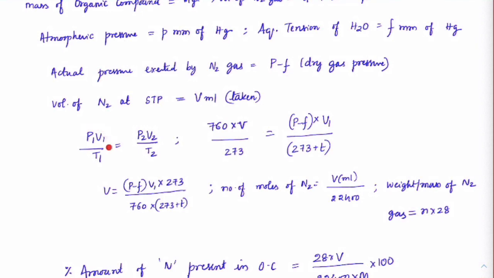Why we are standardizing with STP is just to ensure that the volume which you have calculated is more accurate. Because if this was calculated at this temperature and you standardize it with respect to STP, that will give a more accurate value. That's the only reason. Otherwise, even if this information is given, it is sufficient enough. All you need to know is pressure, volume and temperature, right? So number of moles will be PV by RT. So I can use that and do it.